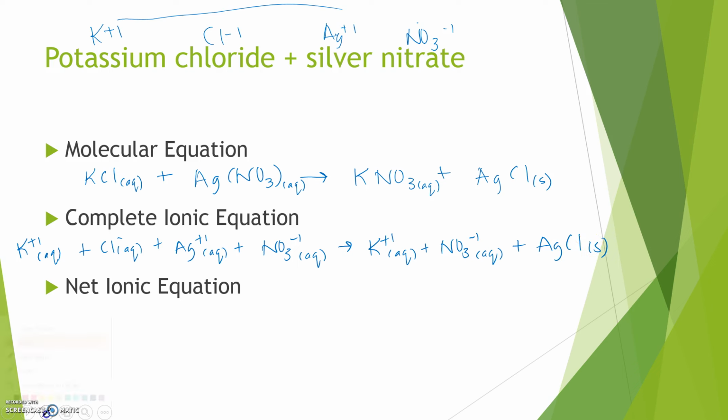Net ionic, very quickly here, I'm going to cross out anything that's the same. K plus 1 and K plus 1, nitrate and nitrate, so those are my ones. I don't want you to actually cross these out, because if I have to grade that, that's going to be a real bear for me. So underline them, or underline what you want to recopy or something like that. But I'm doing it for illustration purposes here. I have that, plus that,